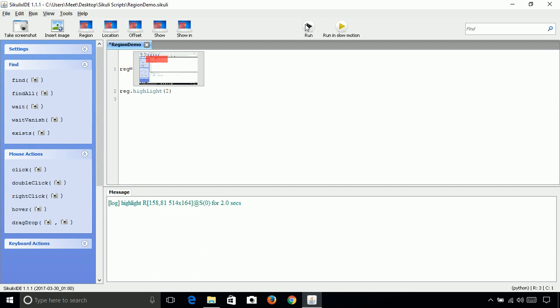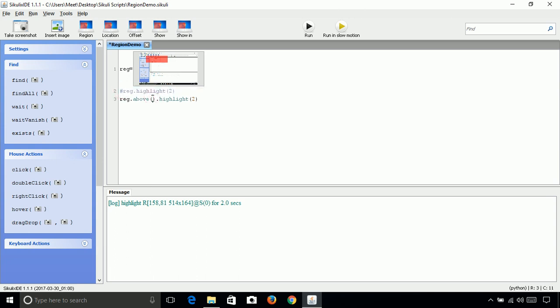Now the other method we are going to see is above. The above method will select the region from above the current region. Now let's highlight it for better understanding so that we can see what it does. Now let's comment it. To comment in Sikuli, we can use the hash sign.